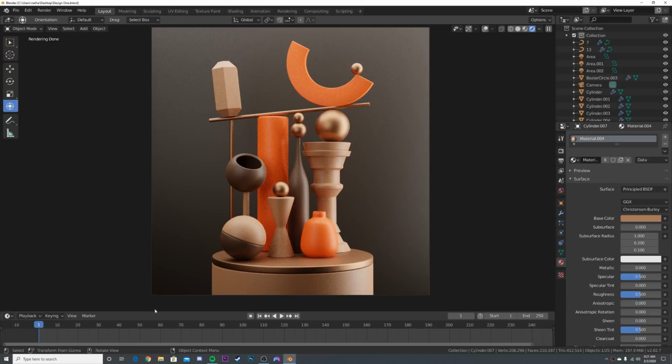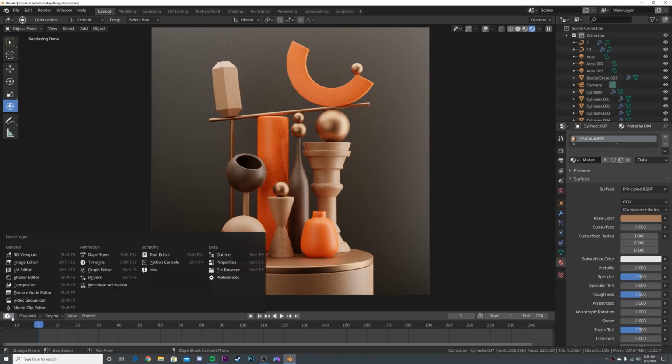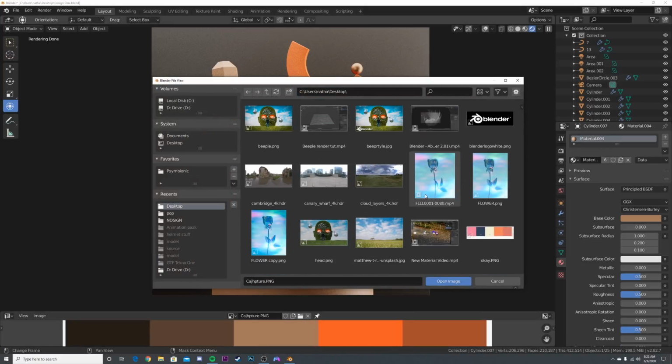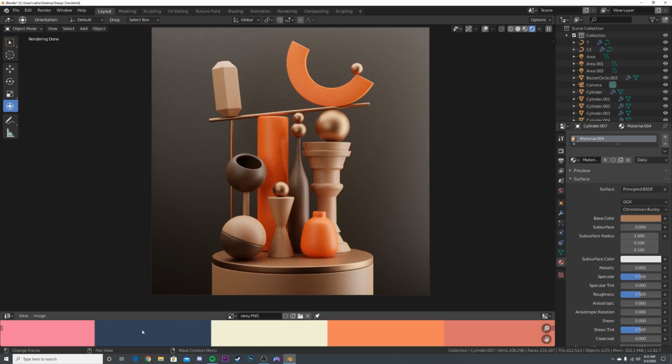So what I generally do is, on the default layout, you have the timeline. So what I like to do is switch it out for the UV editor. I'll go in and I'll open up the image that I want. So this is the palette that I want to use. So right here, and then I'll say, take this material, click it over here, and I use the eyedropper tool,